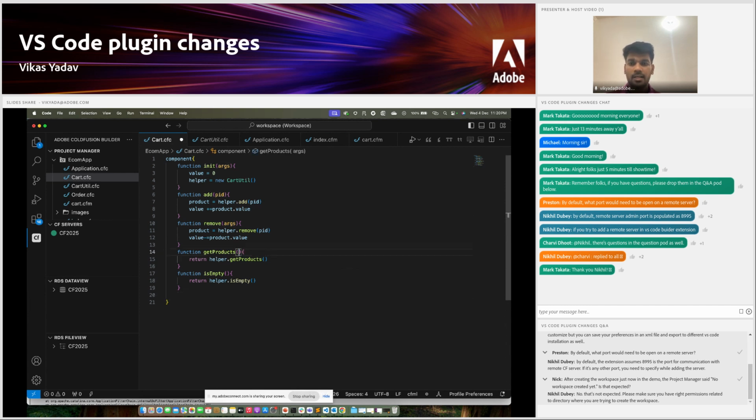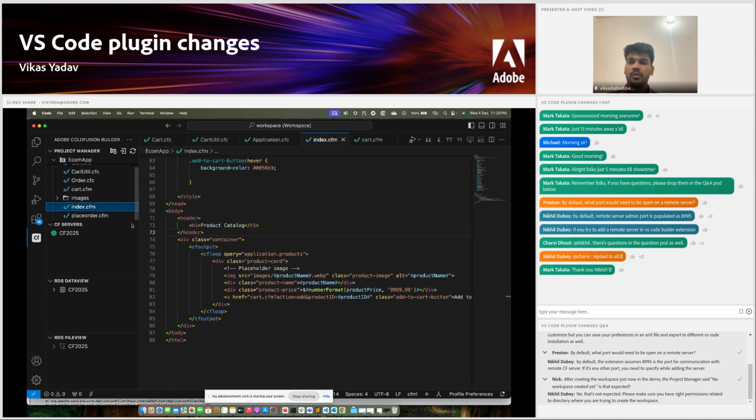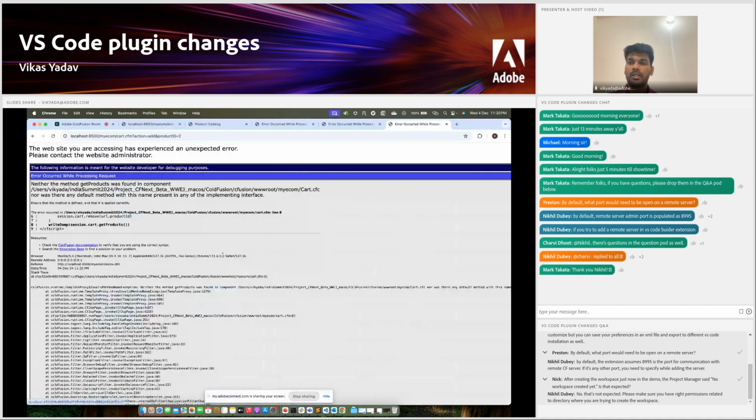Oh, we have this args, right? So that is why it says get product was not found. So that was the overloaded method that was available. So let me go and see now. Say run as ColdFusion application. We'll just click on add to cart. It still says neither method